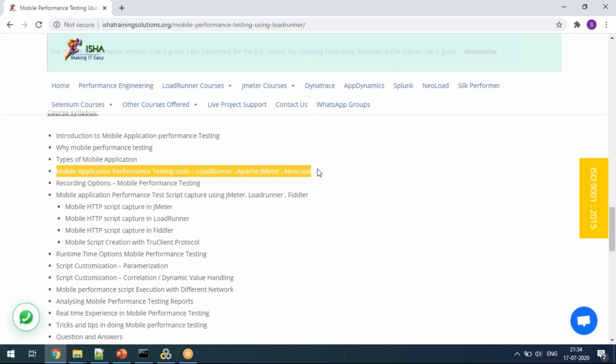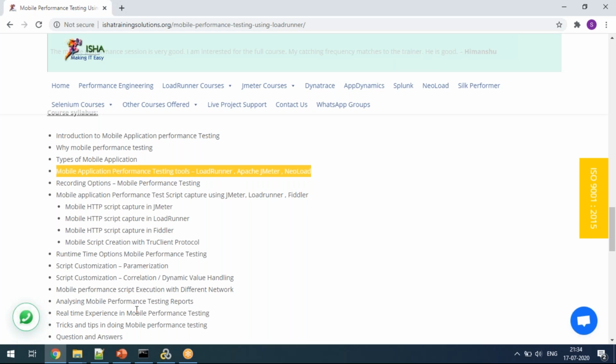So we'll start off with what we can do today. I'll start off with LoadRunner recording. Maybe we may have time to do the recording part, and some explanation related to that. The remaining things will progress day by day.